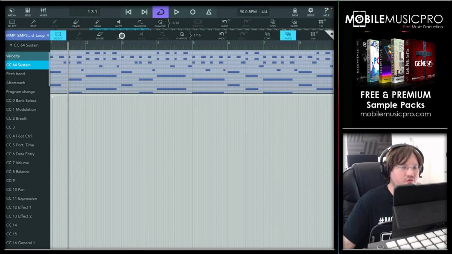And now let's tap our draw again, and draw another point right here. And then we can just simply draw another one as the next chord comes in. I didn't draw that quite high enough. Let's move this a little bit to the top. There we go. Now as you can see, the sustain is enabled for this entire chord, or this entire bar,